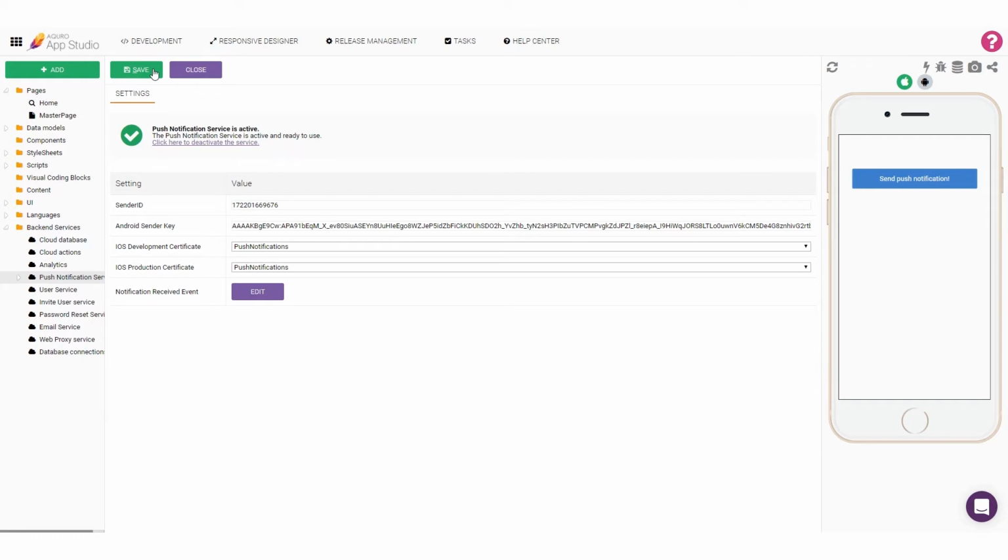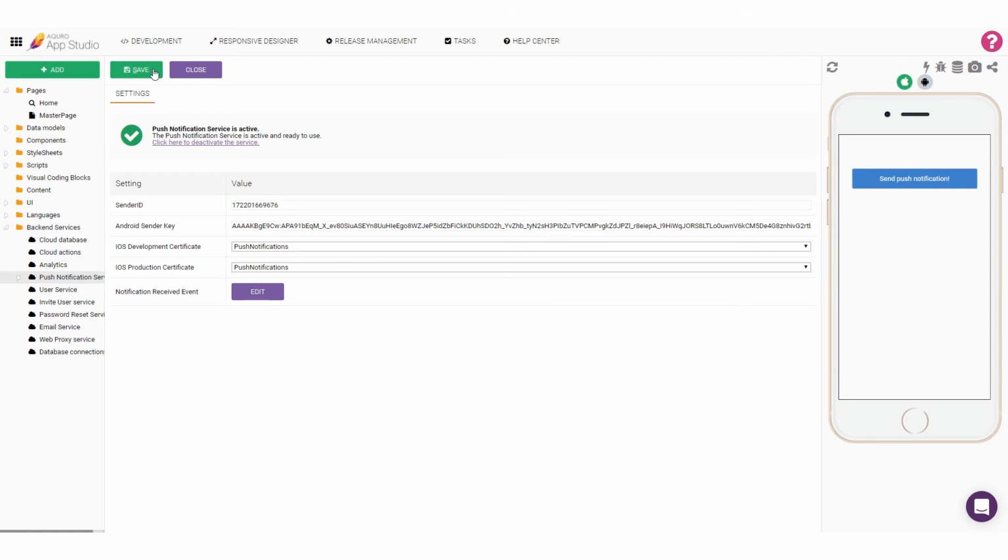However, as you may know, receiving push notifications can't be done directly in the Akuro App Studio nor in the Akuro Preview app. To test out how this script works, we'll need to have a native build of the app installed on an actual phone. For Android users, this can be done by downloading the APK to your phone and installing it there. And for iPhone users, you can use Apple Test Flight to test your app before actually publishing it to the Apple App Store. For this demo purpose, I've built a native build of this app and installed it on my